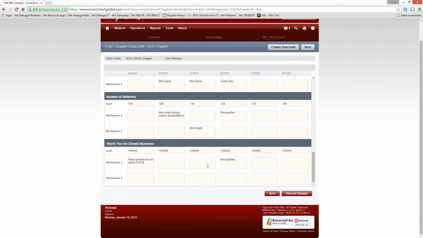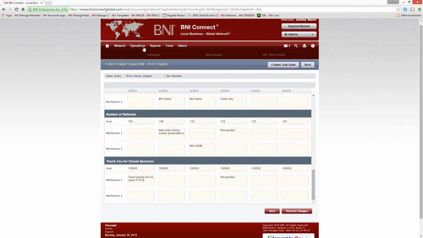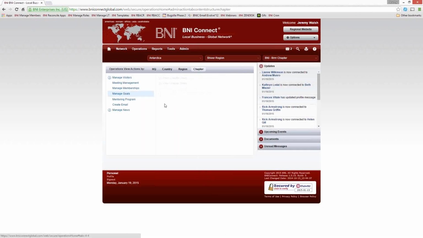Now the great thing about this is that once we have our goals input and saved, we can then start to review the progress of those goals throughout the year. So when your VP submits your weekly POMS report, it updates the actuals into your goals for that term. Excuse me. So if I go back to operations, and I go to View Goals,